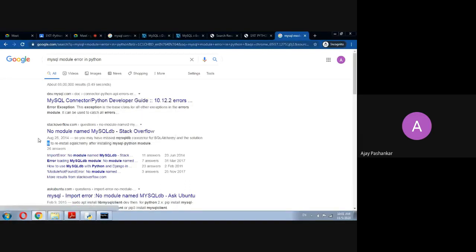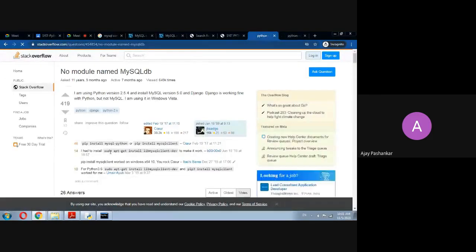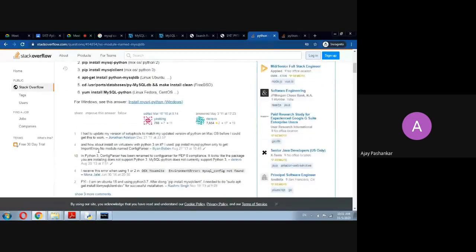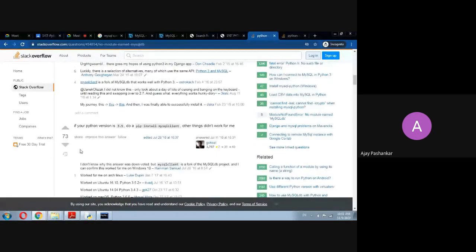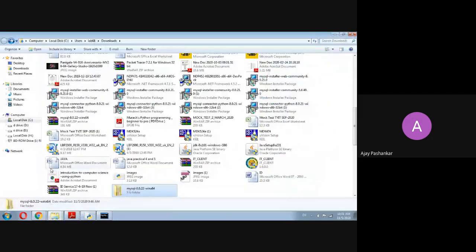No module named MySQL, Stack Overflow. So basic installation is there about your MySQL Python connector. Actually I don't remember whether I have installed that connector or not.